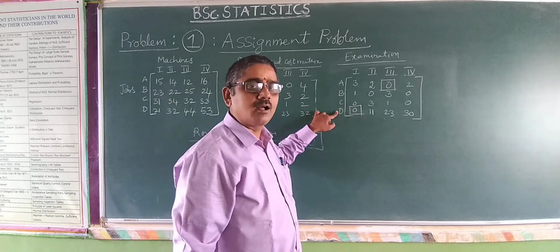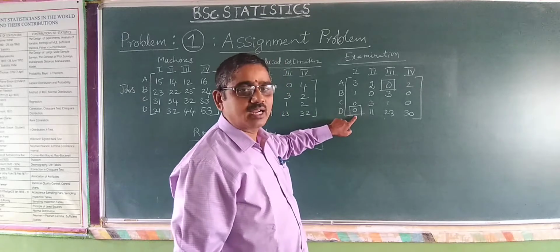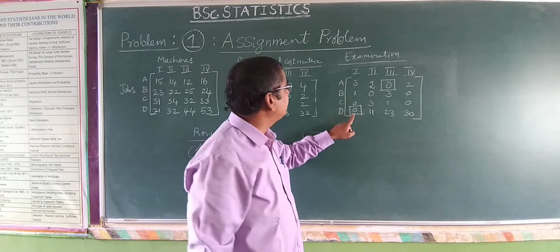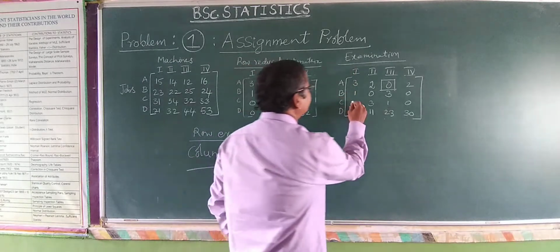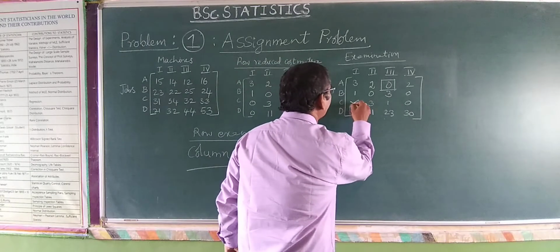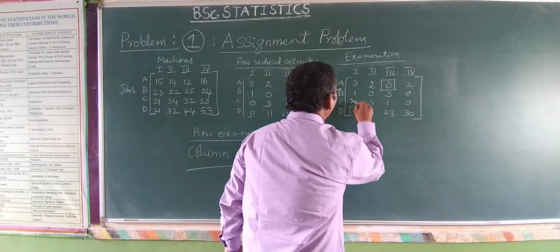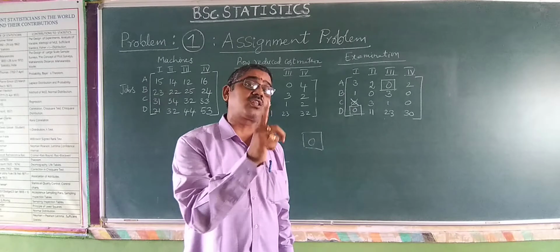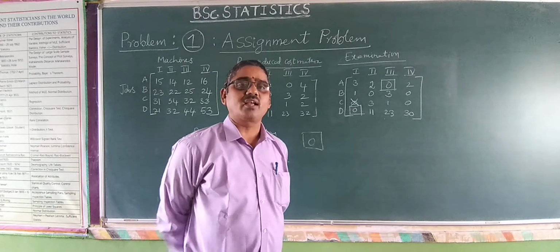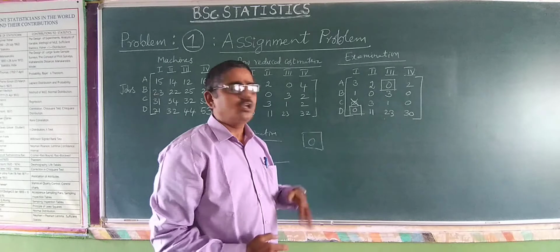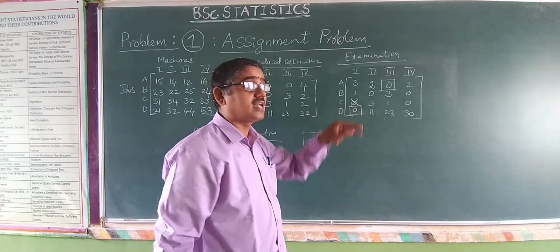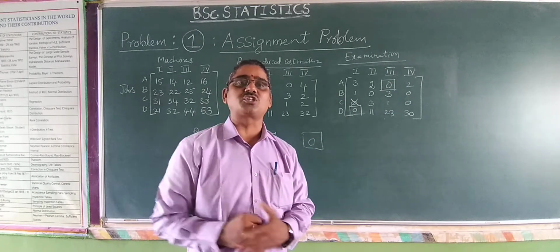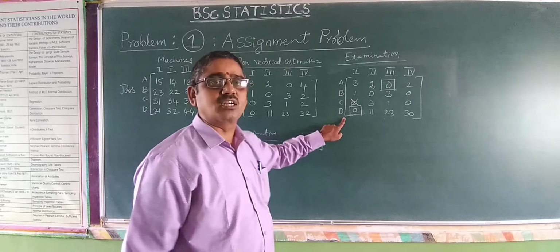Have you understood? Are you able to follow this? Right? So en-rectangle the 0, that is, assign the 0, and cross all other zeros in its column. That is, in this particular column you have to cancel all zeros. We have a single 0, and another 0 is there, so cross that 0. Let me write properly. Cross the 0. That is what is meant by crossed. It was crossed, which means you should not use it for the assignment. For example, in the column examination, you should not take this particular 0 as assigned. It should not be assigned. It was crossed. It should not be used. That's all. Now, row examination is finished.